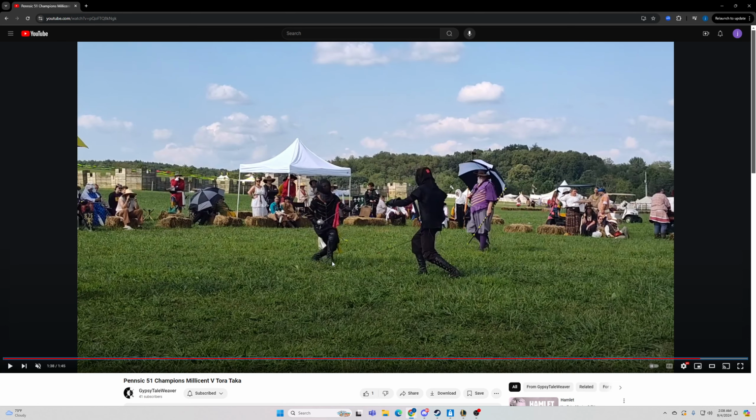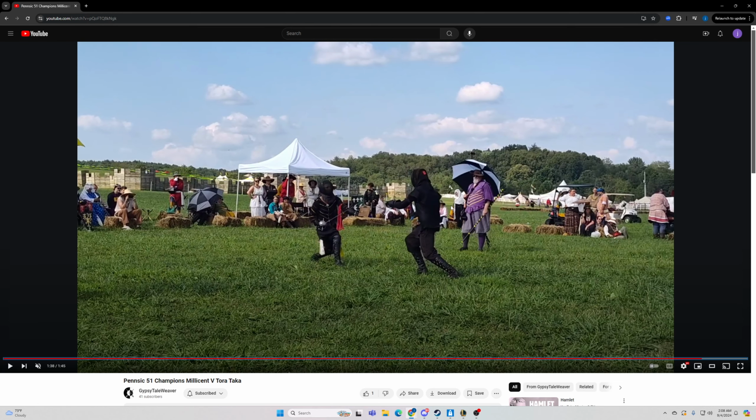So this probably shouldn't have been this step here. She probably should have done something to control the sword earlier in this exchange, and she should have attacked earlier as well, because she let Tora